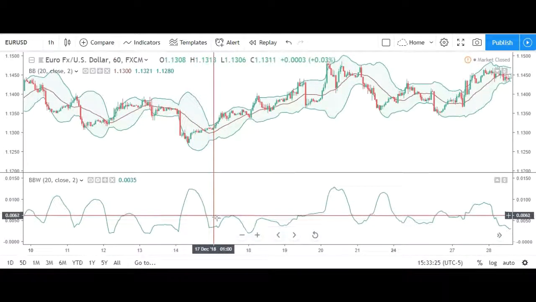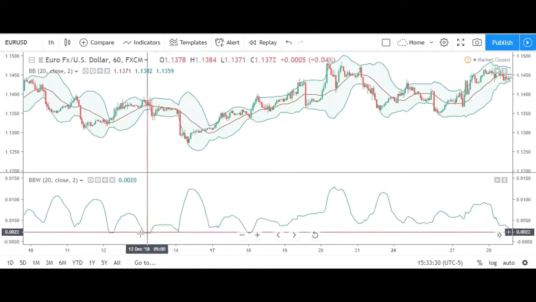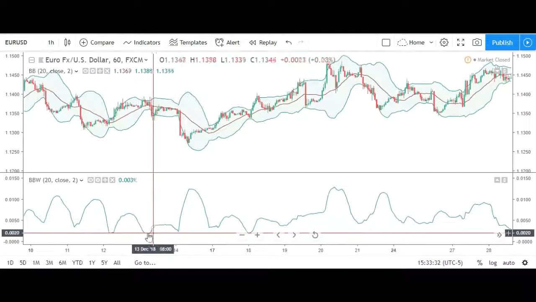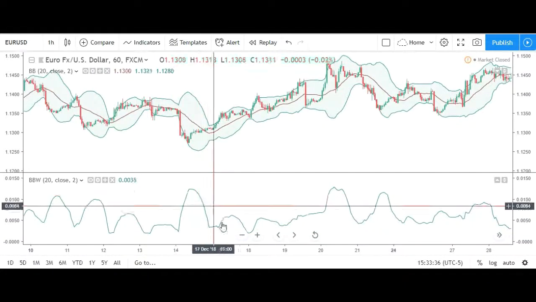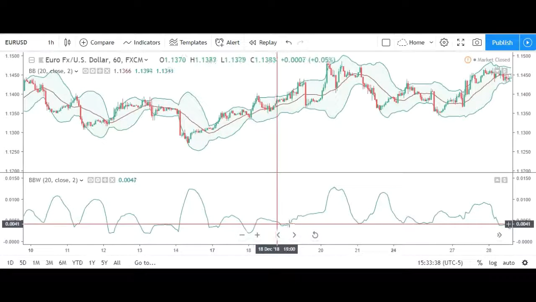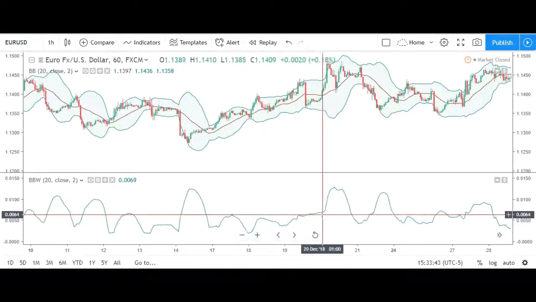But with this, you just use the measurements when it's a low volatility. When it reaches a really low volatility, you can expect more drastic movements and more volatility within that movement. So when you're trading with this, it's a good time to jump in on a trade, like before a big trade happens. And when you're doing that, you could use where it is within a Bollinger Band or an RSI,